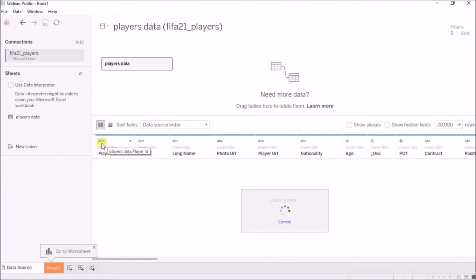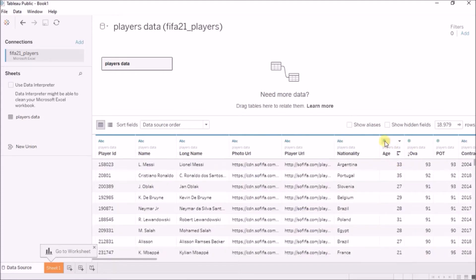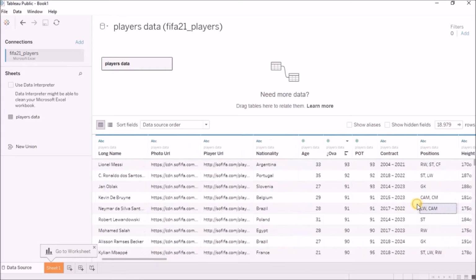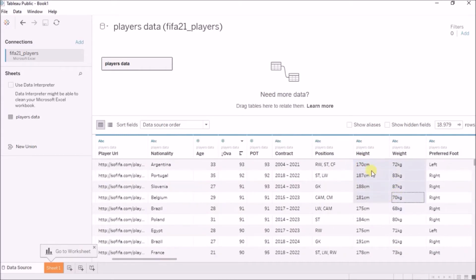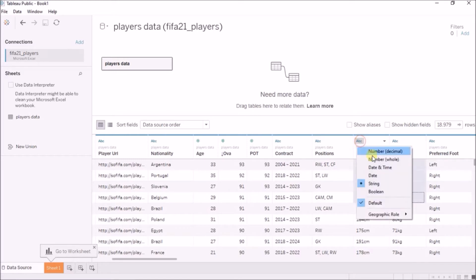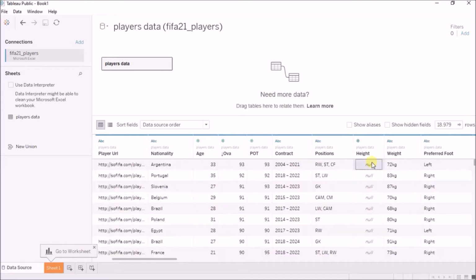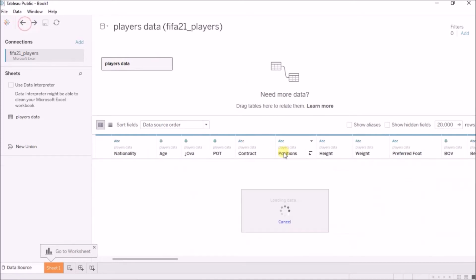As we can see here from the ABC, the player name is also ABC, long name is ABC, the age is a numerical column. Okay, age is a numerical column, overall rating is a numerical column, which is correct. This height and weight, well, these should be numerical columns inherently, but since they have centimeter and kg appended with them, Tableau is recognizing them as a string column. Okay, but we'll have to change this behavior. If I just click on this ABC and change this to a number whole, Tableau will make this a null column because it doesn't know how to convert that string to a number. Okay, so to keep this as a string, by default I'll just press this back button.